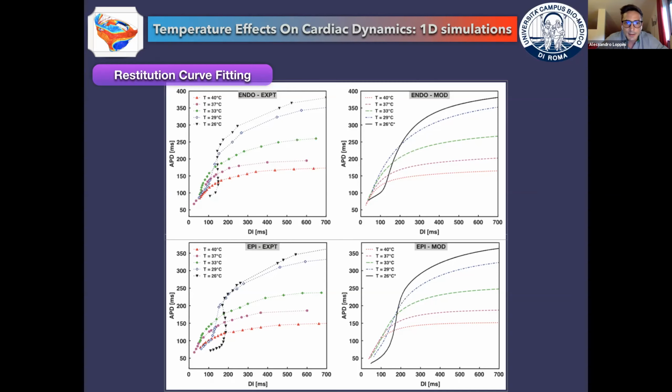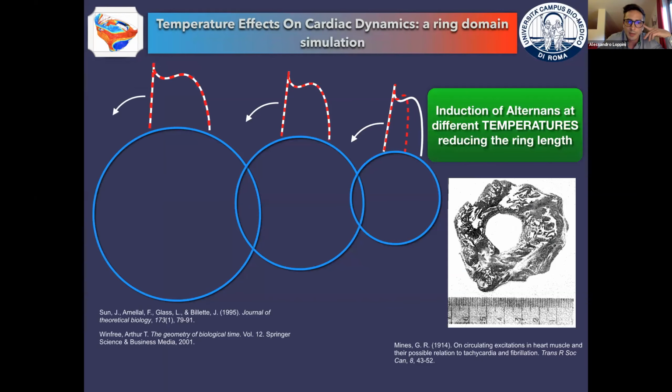To further analyze this transition of the critical point at which the transition to alternans is observed, we further performed a simulation on a one-dimensional ring. In this case, a standing wave is opportunely initialized on the ring. So once the standing wave is stimulated on the tissue, the length of the ring is sequentially reduced to simulate an increasing cycle length, while the standing wave is always the same.